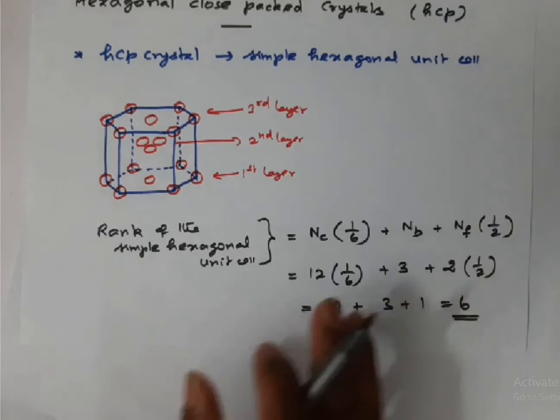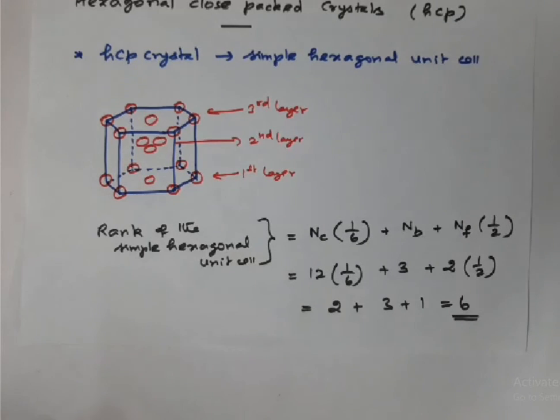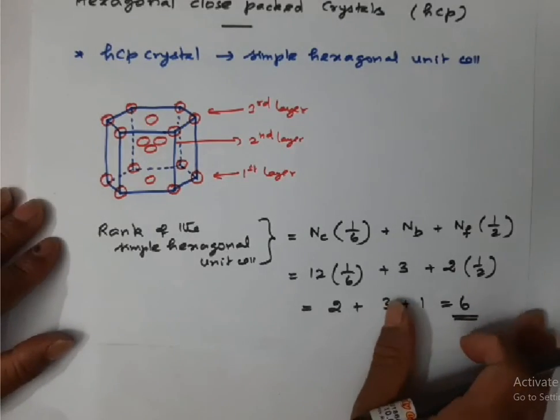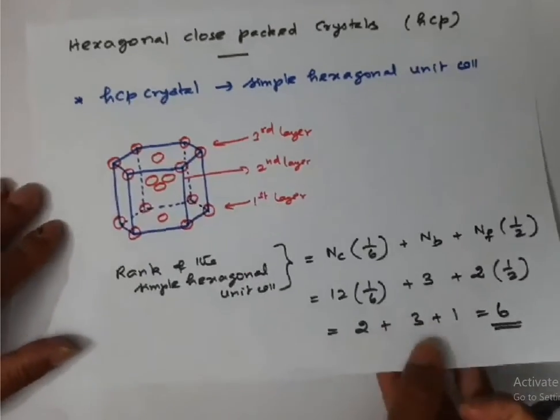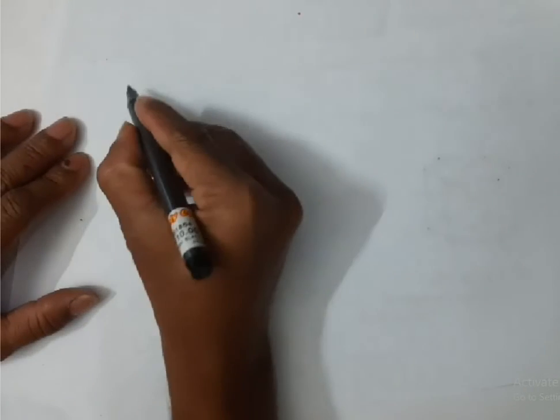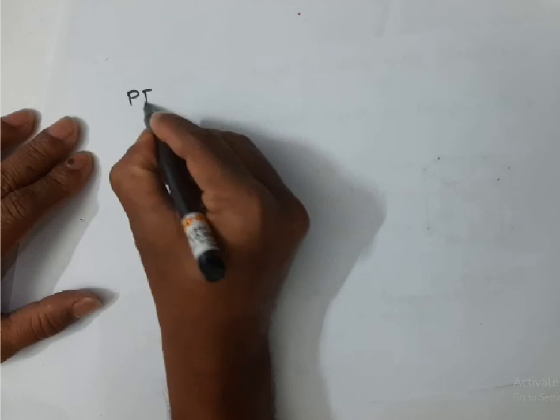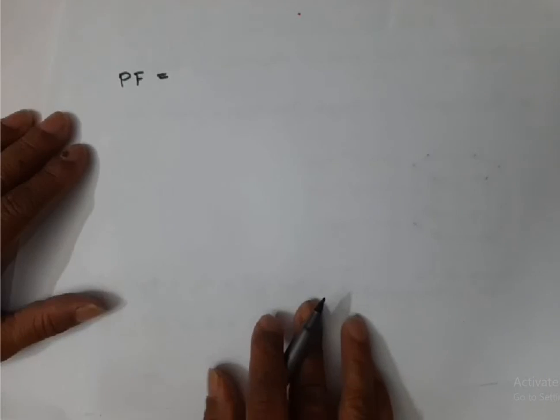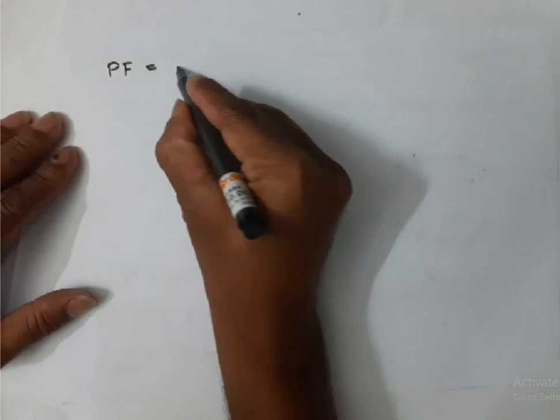Now I'm going to calculate the packing fraction of the hexagonal close packed crystal. How to calculate packing fraction? You know very well. Let me write packing fraction simply as PF. Packing fraction is nothing but